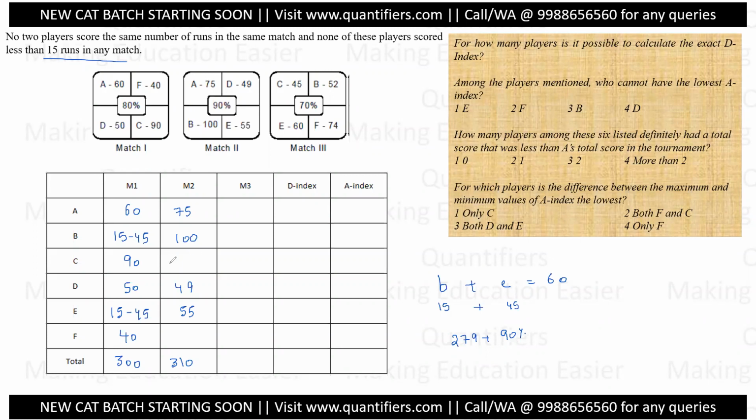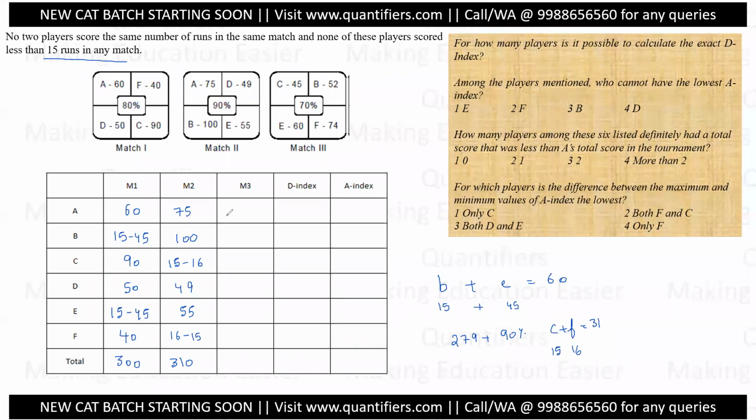See, now if you see C and F are scoring the remaining 31 runs. C plus F बचे हुए 31 रन स्कोर कर रहे हैं. So if C is scoring 15, F is scoring 16 and vice versa. So the range I can allot is 15 to 16. All right, this is the range I can allocate.